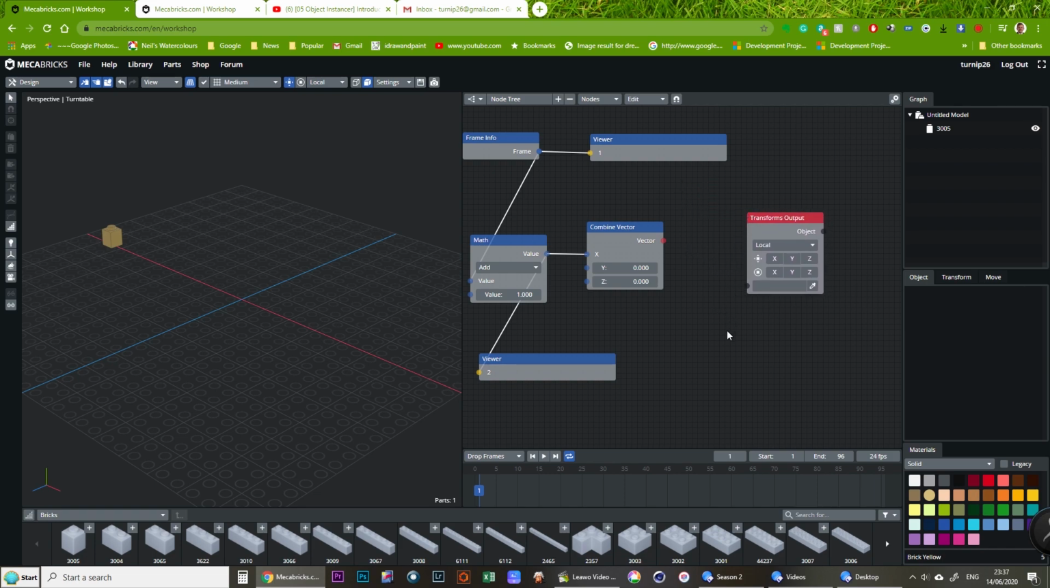Okay, so we've got that value going into the x-axis, so we're going to use location this time. So this one's location, this one's rotation, so location. Then put that value into location